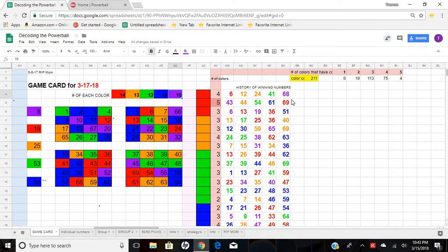Over here to the right is 211. This represents how many color code drawings I kept track of so far. And these are the color code drawings. Out of these 211 drawings, 113 have come up a 3-color combination. 75 drawings have come up a 4-color combination. 19 drawings have come up a 2-color combination. And only 4 times out of 211 drawings have all 5 colors come up together, and never has it been